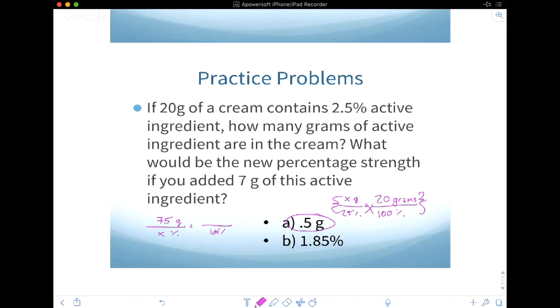The new amount is going to be 27 grams because you're adding the 7 grams of active ingredient. So when you cross multiply and divide, 7.5 times 100 divided by 27, that's going to give you